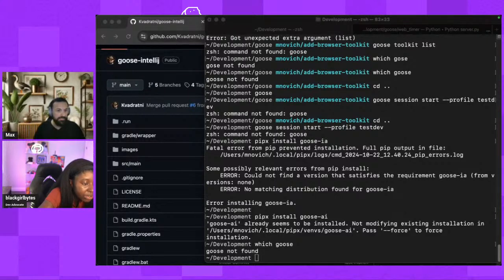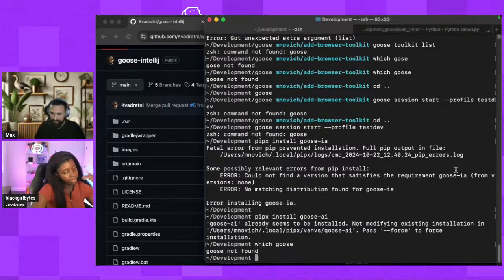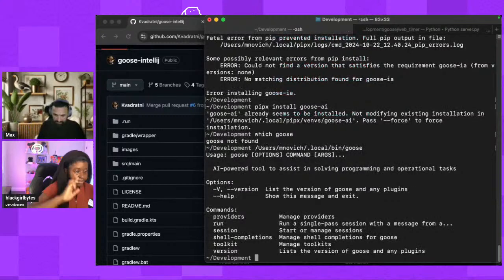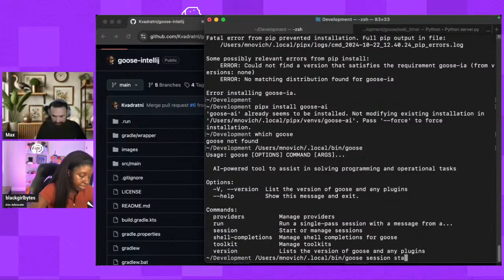Oh no, I fixed it. I didn't change it to AI. Yeah, so if we do this, it should find Goose. Yeah, it's my aliases. Something's wrong with my aliases, so I'm just gonna do the actual path of Goose. So I'll do session start,